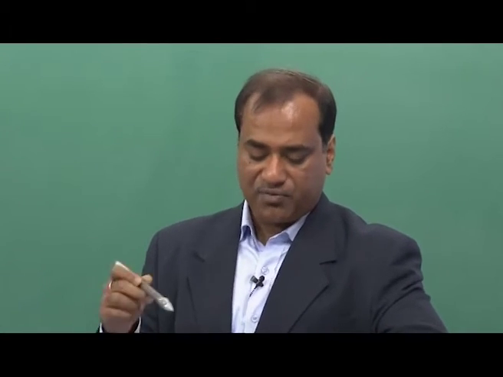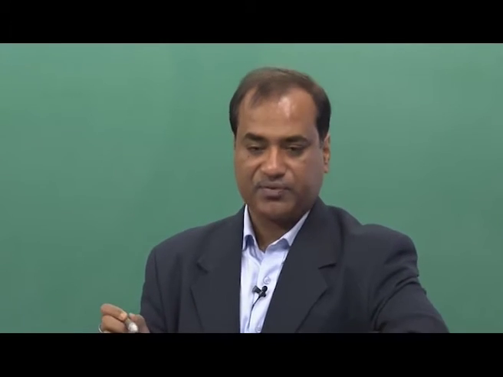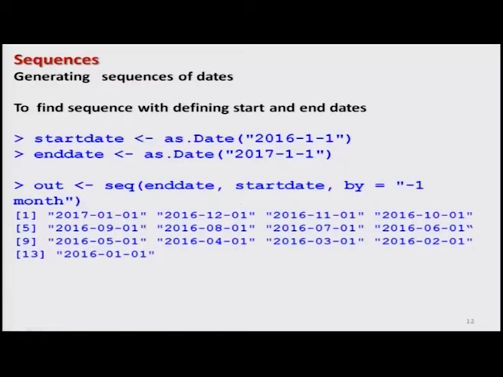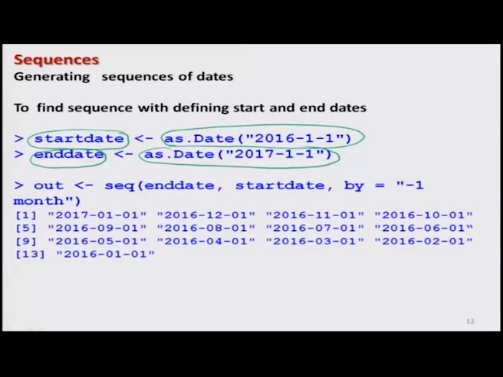So, for example, if I want to control each and everything in this format, then I would specify here, say, date of start and date of end. Just for the sake of better understanding, I am giving it a variable name, start date, so that you can remember. Otherwise you can take any value, x, y, z, a, b, c, whatever you want. And similarly, I choose 2 variables, start date and end date, and I give the same value here in this one. So, as date and whatever is my start date and end date. For example, here I am giving the start date to be 1st January 2016, and the end date is